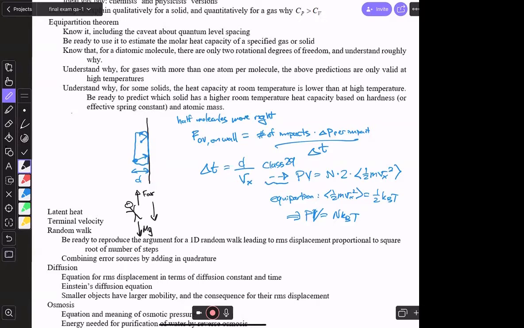So let's say you might be asked to solve for what the terminal velocity is. You'd have to be told which regime you're in. Are you in the turbulent regime or the non-turbulent regime? So let's say you're in the non-turbulent regime where the force of air resistance is proportional to the velocity, minus bv. So you'd have to be given the value of that coefficient b, but then you could just say, okay, the magnitude of the air resistance force equals mg. So that means bv equals mg, and you could solve that for the terminal velocity. This should be v terminal.